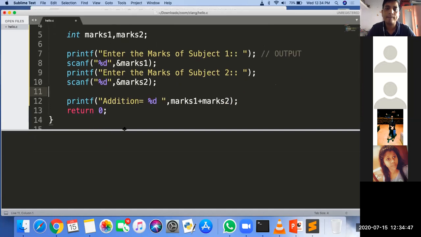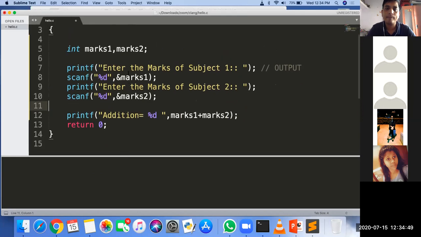Sir, by chance, if I am defining the marks already in the program, like a data type marks1 is equal to something, then scanf is not required, sir. Not required. But what is the drawback of that program? That program will always take the marks as, suppose, 45 and 65. It always gives the result as 110. Correct.